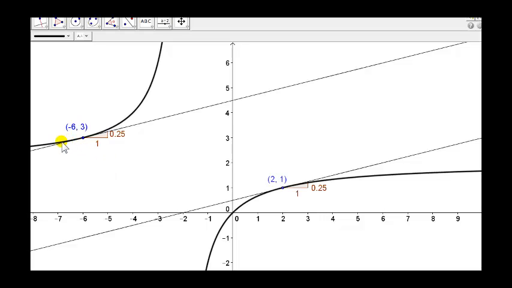Here's a graph of the function. The function consists of these 2 curves, and you can see the points for which the slope of the tangent is 1/4. So you can see that for this tangent here, if we pick a point on it, say this point here,